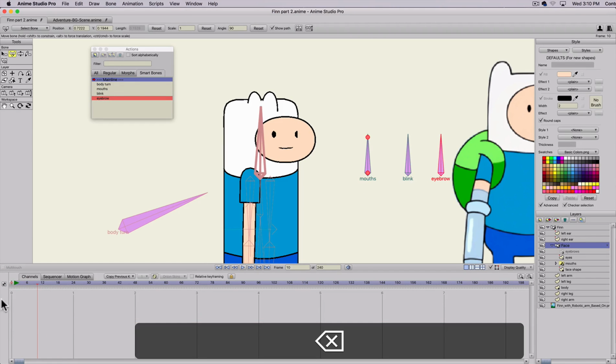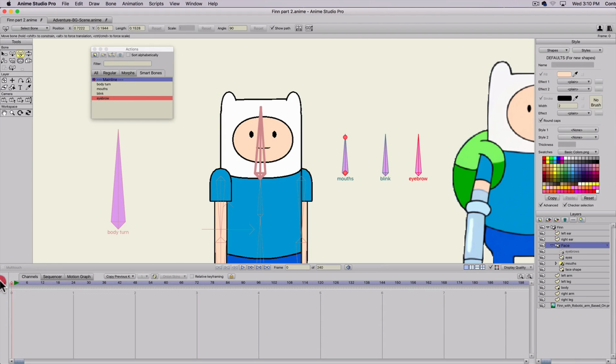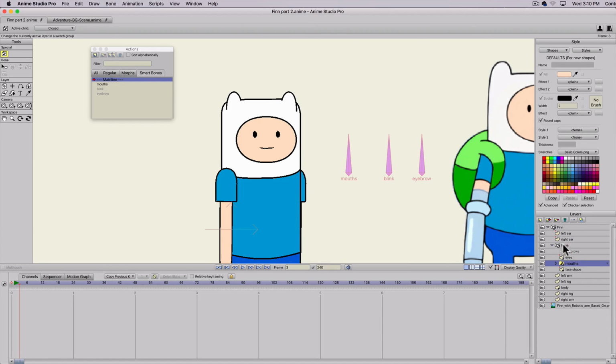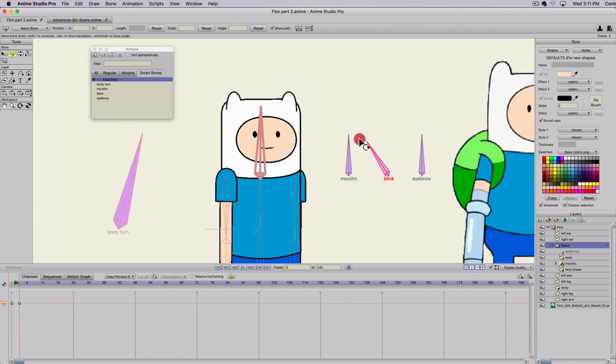Somehow the mouth is linked to that bone. Let's try and unlink it. So I'll click on mouths. I'm going to select bind layer. And somehow it got bound to that bone. But we'll just click off onto the canvas and see if that fixes it. So let's go in the timeline, go into the face, got the blink working, mouth's working. Okay, there we go. And the mouth isn't moving. I don't know how that happened, but